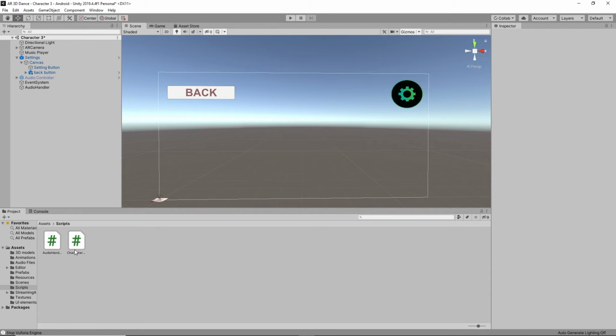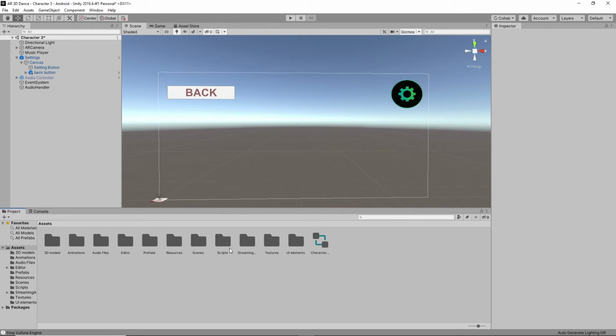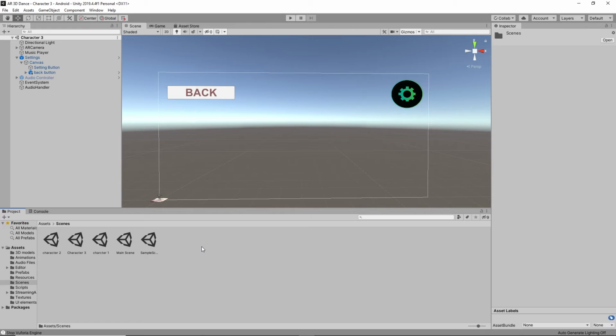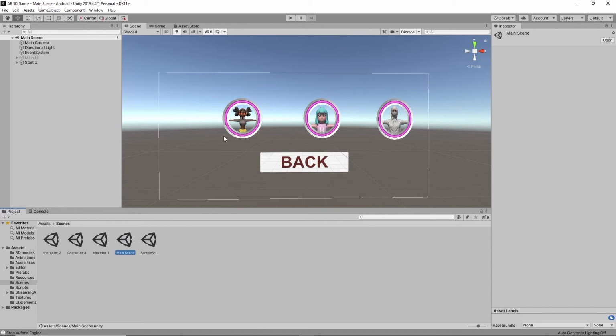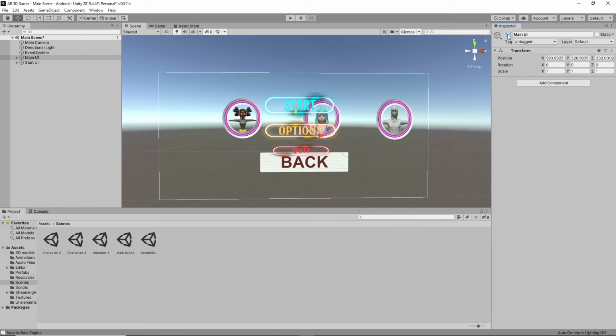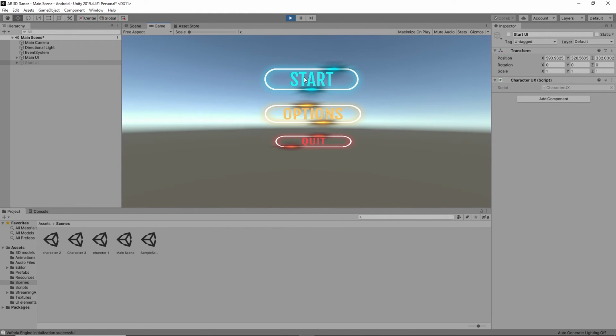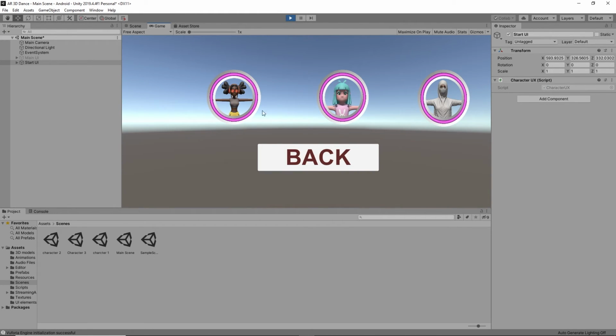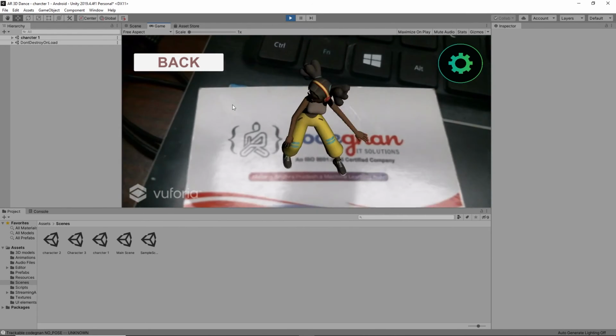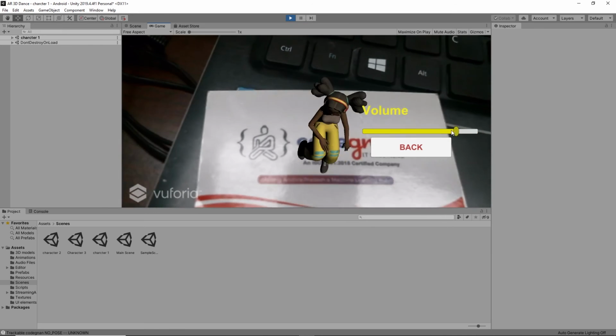So we can finally check all the UIs that we have done. For that, go to the first scene, save it, go to scenes, go to the main scene, and let's check from this. First enable the main UI and disable the start UI. Let's check this. Yeah, if I click on start, it will ask like this. If I choose one of the characters, it contains some UIs.